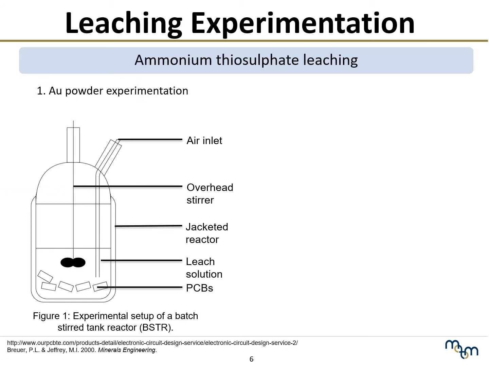Taking a closer look at the leaching step. Standardized leach solutions are made by dissolving 99% pure gold powder in ammonia-ammonium thiosulfate solutions. The gold concentrations in these solutions are equivalent to what would have been expected if an actual standard PCB had been leached. Different background concentrations of copper were introduced into the reactors.